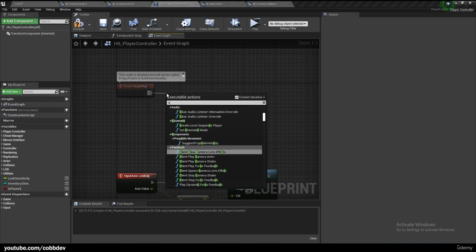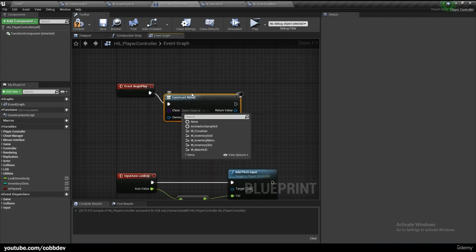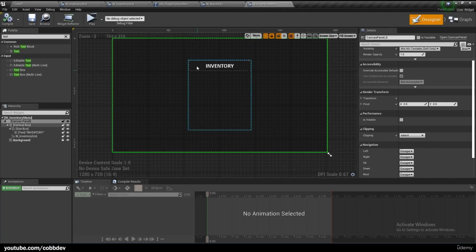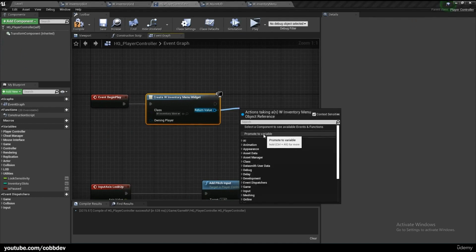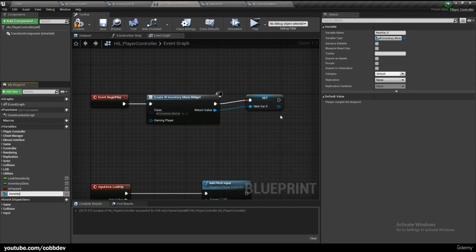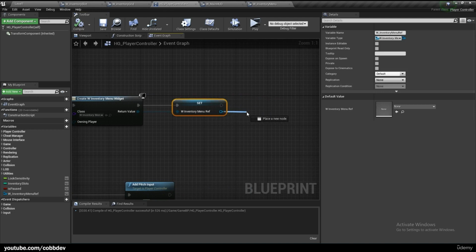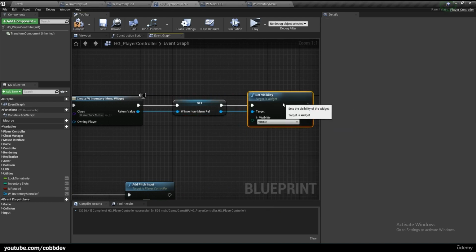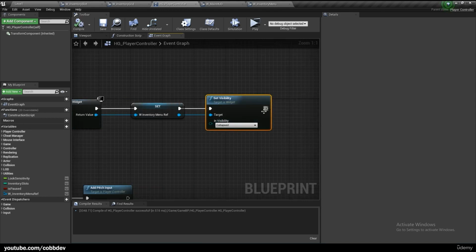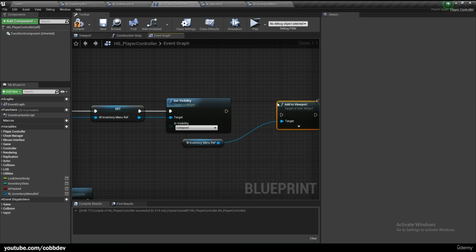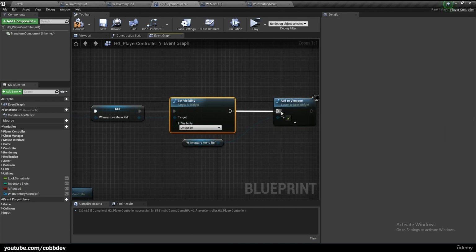So in begin play, we will create widget, and we will be creating the W inventory menu. That's this one that we just made. And we just want to promote this to a variable, and we'll call it inventory menu ref. I'm going to actually add a W at the beginning there. Compile and save. And then right after here in the beginning, we want to set visibility to collapsed, and then add it to the viewport, so that when it's added to the viewport,